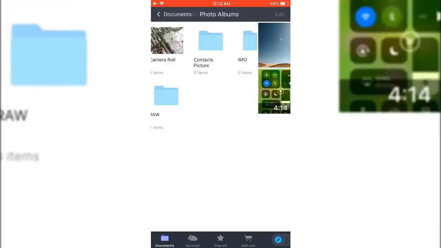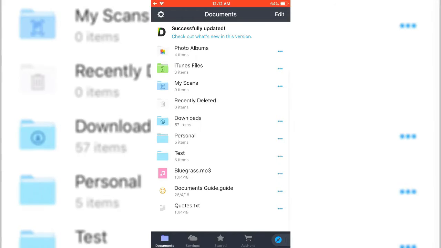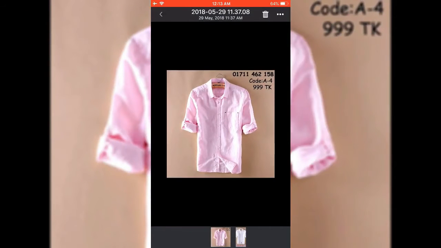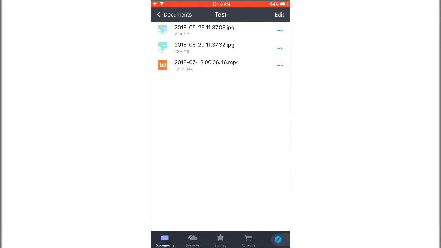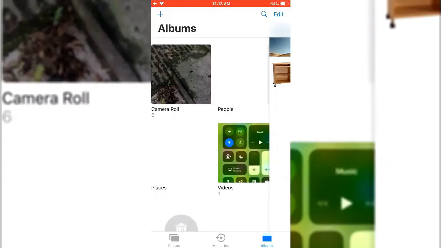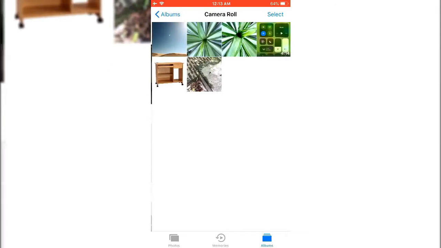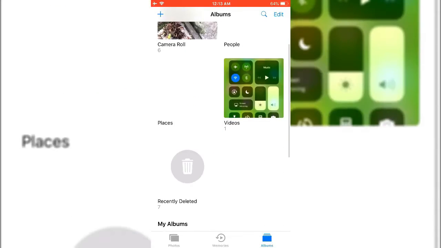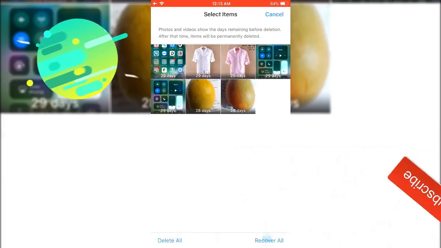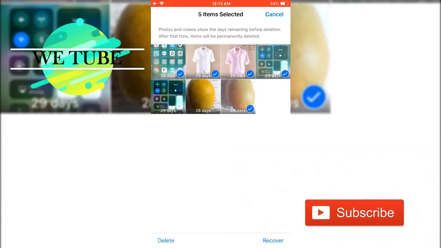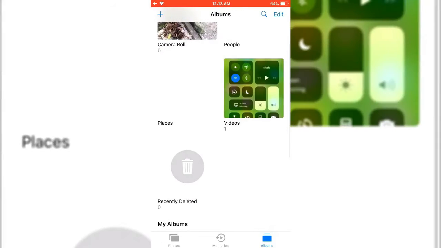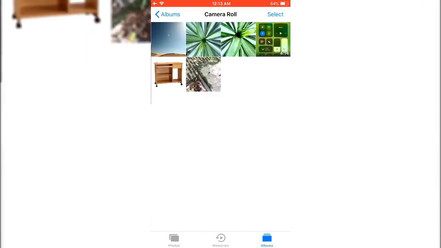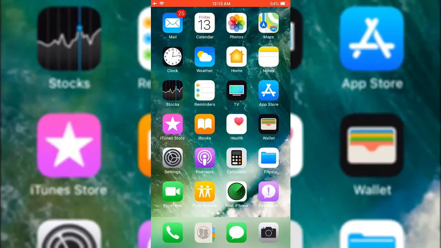But when I go to my test folder, here is my file. So in this way you can hide or lock. I like to show my photo gallery. So here is no file. So again, you need to also delete from the recycle bin. So delete. So no one can find this image or video in my gallery. Only he or she can find this image or video at